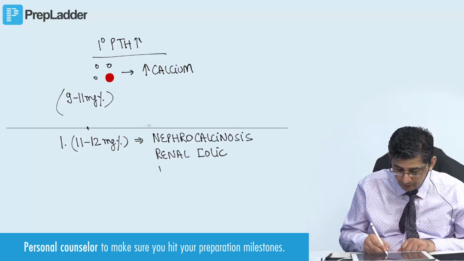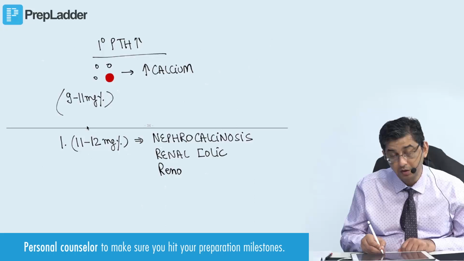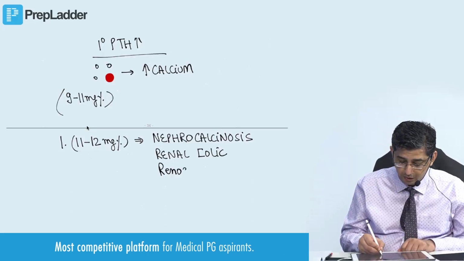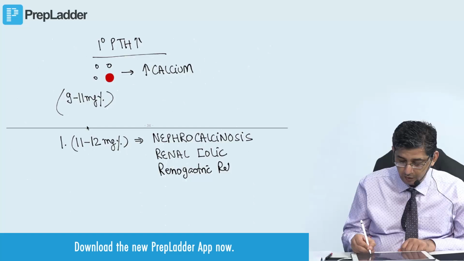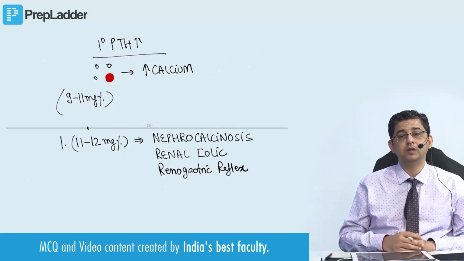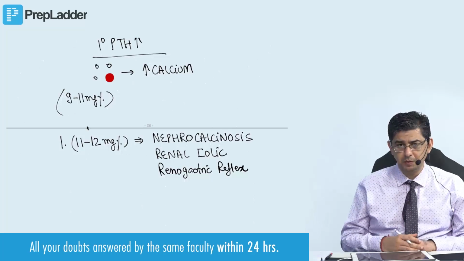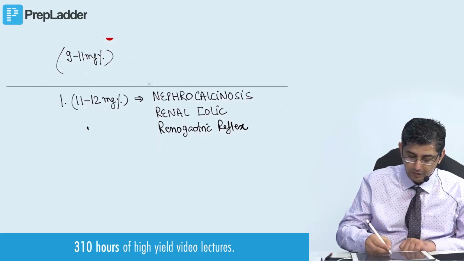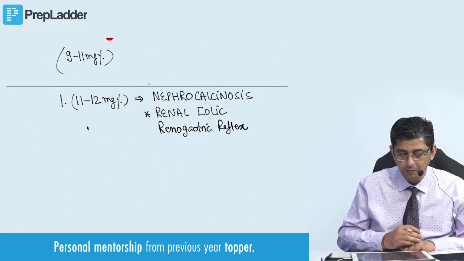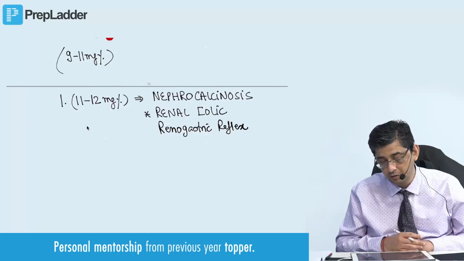This might be associated with multiple hospitalizations because of recurrent vomiting episodes. You see, renal colic is always associated with renogastric reflex. So there will be a pylorospasm, and pylorospasm would contribute to development of multiple episodes of vomiting in the patient. So nephrocalcinosis will present as a renal colic, and there would be multiple such episodes, and patient might require interventions